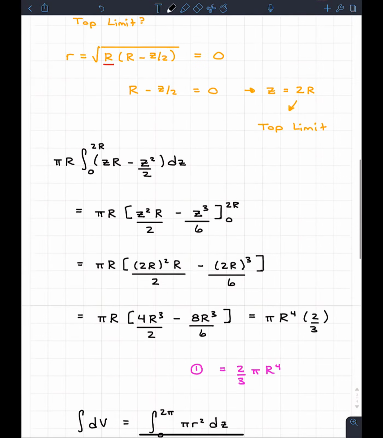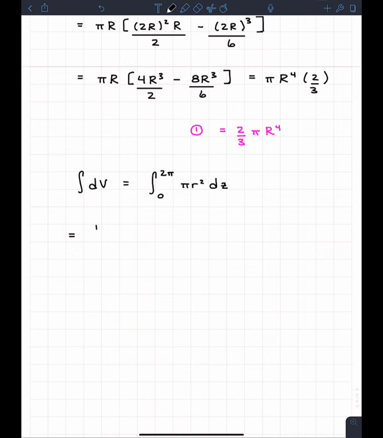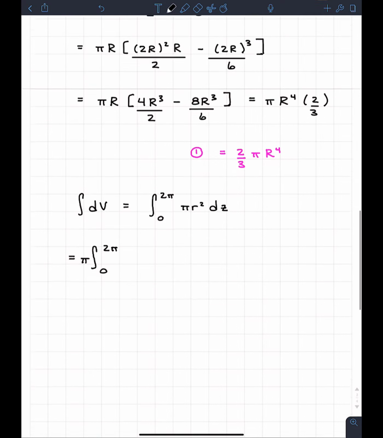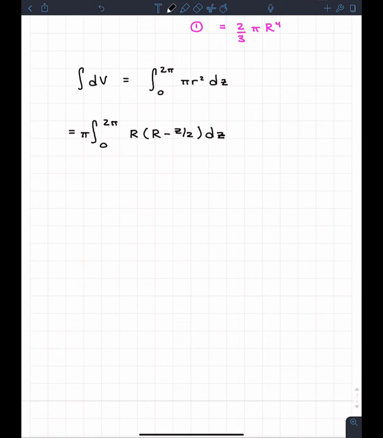We can actually just come back up here and we know that this is going to be equal to the integral from 0 to 2 pi. And we can actually take this pi out. So I'll take the pi out, and then we got r squared, which just comes from our equation up here. So it's going to be r bracket r minus z over 2, all multiplied by dz. And we can make this even easier on ourselves because we can take out that extra r. So we get pi r